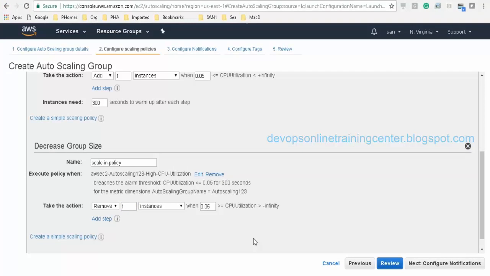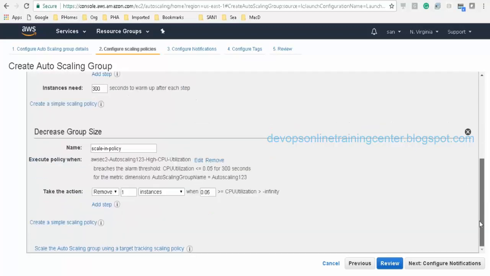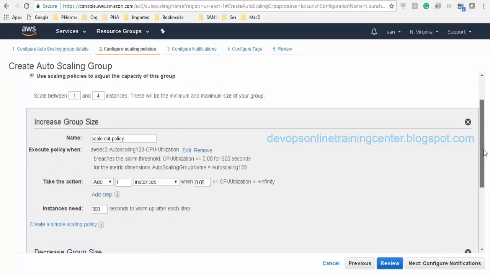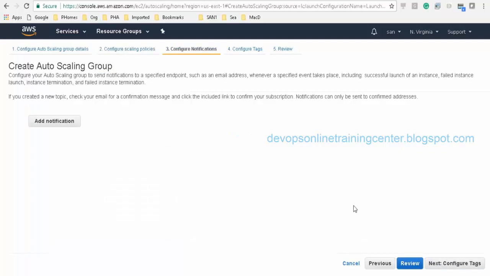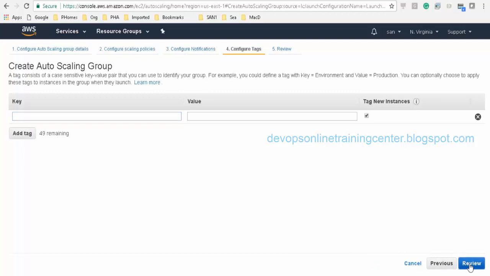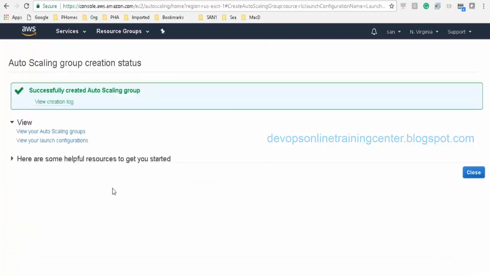It won't give you an option for memory utilization, like if the memory utilization is over 90% or whatever. CPU is just one thing, right? Yeah, how about we also have that. Okay, first we'll see this. Notifications, anyway, we're going to check here only optional tags and create the auto scaling group.